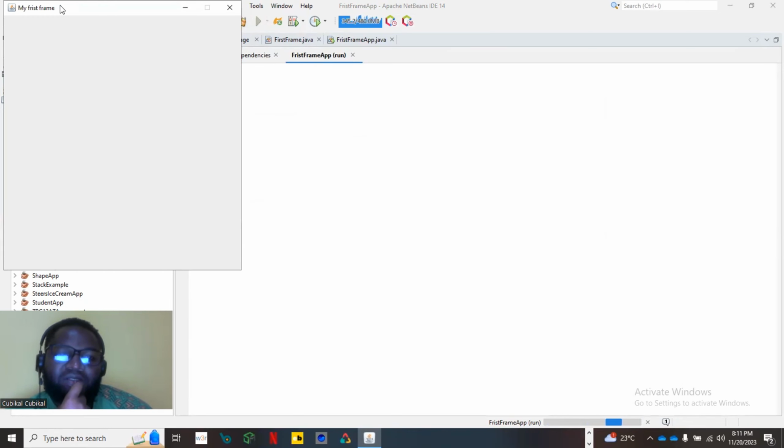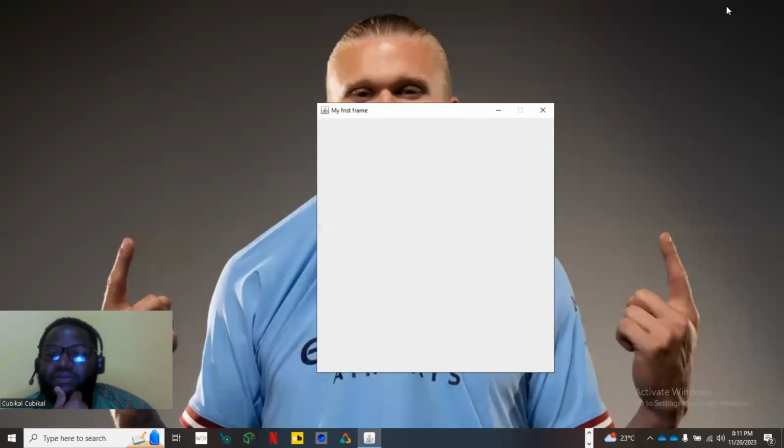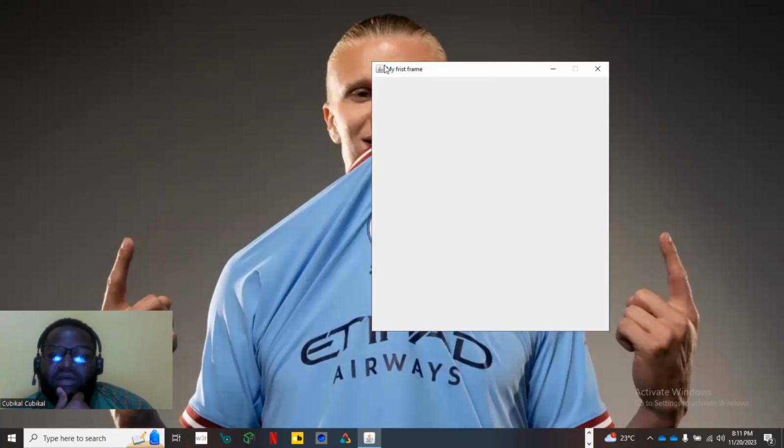And there you go, here is your first frame. As you can see, the title is that one there, it says first frame, and it's not resizable, hence this is not highlighted. And you can minimize and you can press here for close on default. Let me just minimize everything to show you that this is how it looks. And there you have it, you're having your first frame in Java programming,